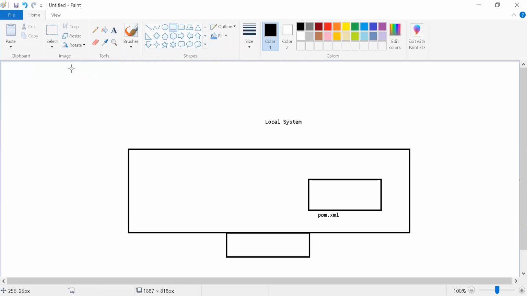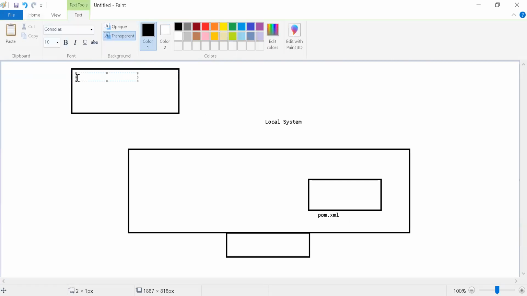And one repository is available on the internet, that is called the central repository, which is maintained by Apache. It is on the cloud, on the internet.